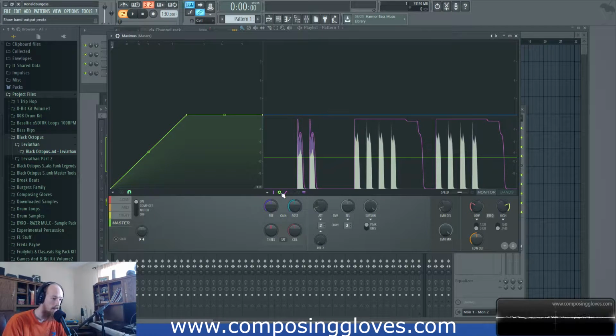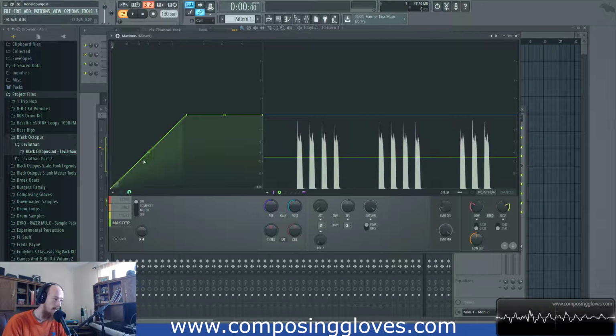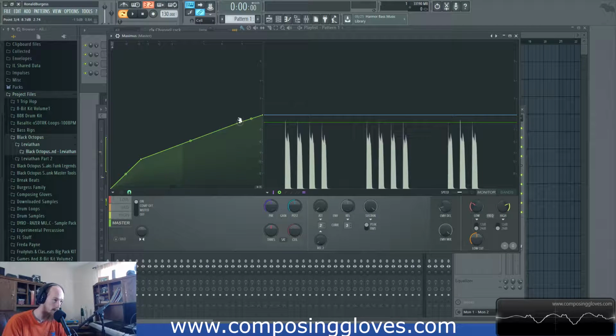So I'm going to turn off some of these displays here, except for the green and the purple. Now you would expect the green and the purple to be perfectly in sync, right? But if we turn our attack knob all the way down, guess what? They will be. Now, if we were to set a compression envelope, and this gives me a chance to reiterate what I just said,